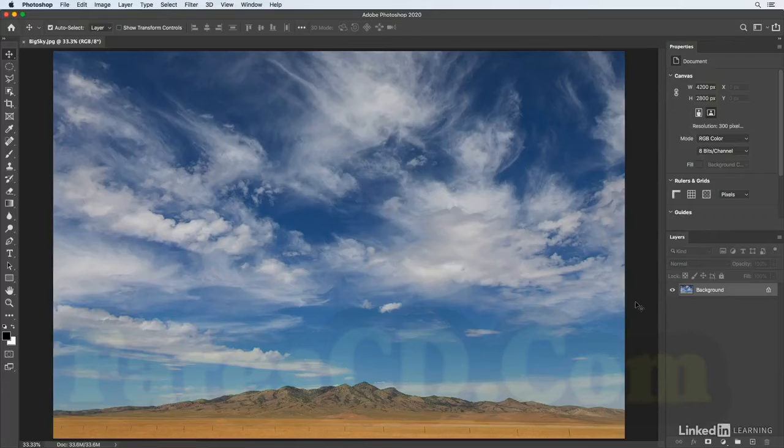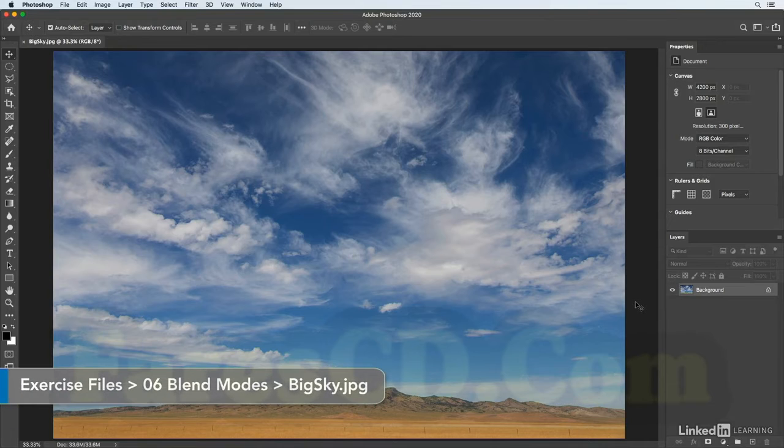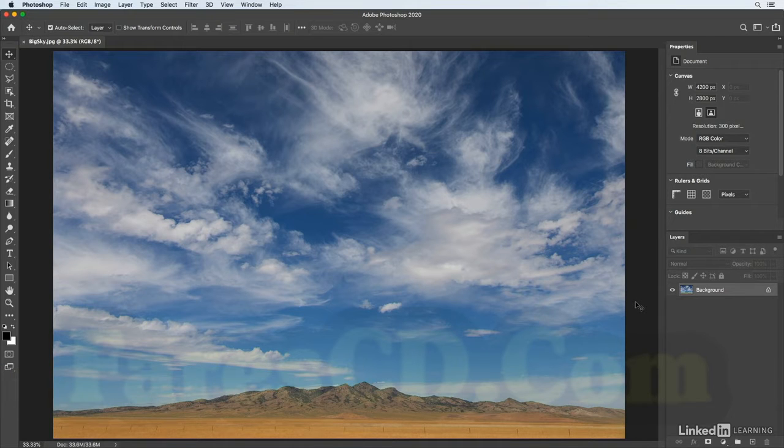One of the easiest ways to restrict the way that an adjustment layer blends with the layers below is by using blend modes. Typically, Photoshop's fill and adjustment layers affect both the colors and the luminosity values in an image. However, there are times when we want to isolate the effects of the adjustment to just a single component, like hue, saturation, or luminosity or color.